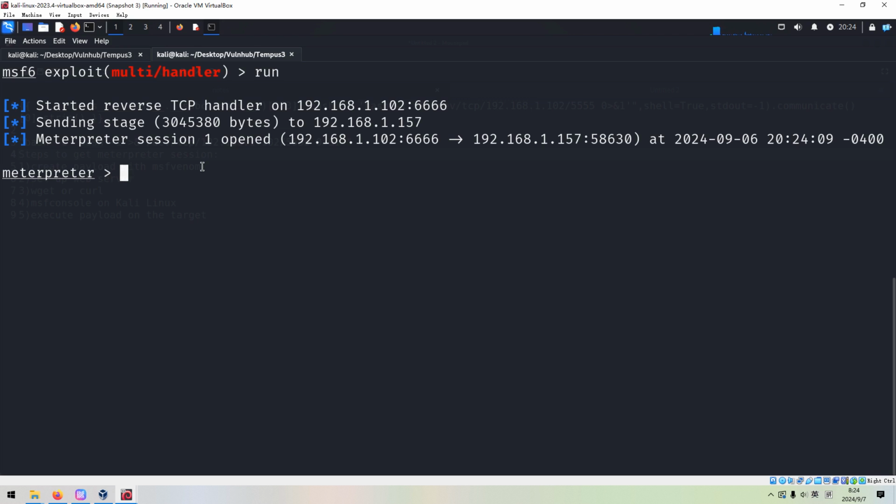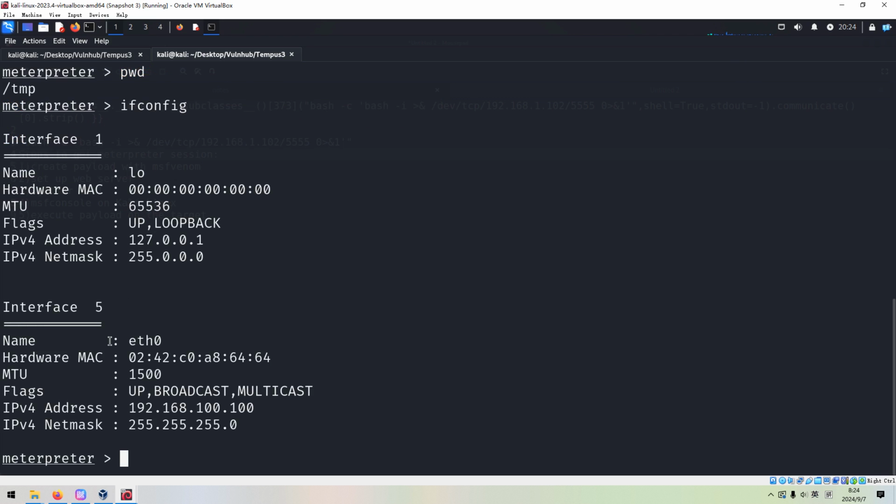For example, we can print out the working directory, which is the temp directory, and also we can display the IP address. As you can see, just one normal interface, and the IP address is this one. Of course, this is a private IP address, not the target IP address, right?